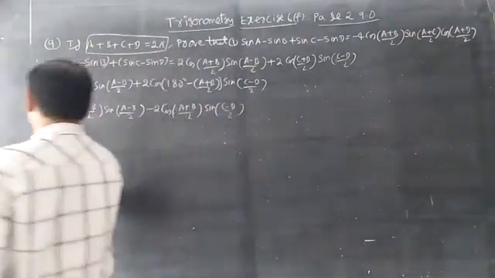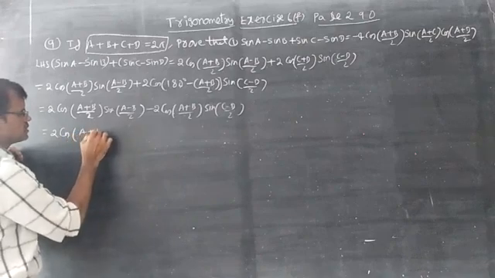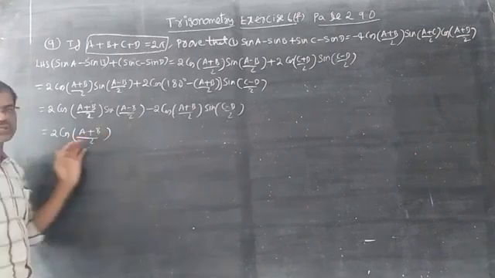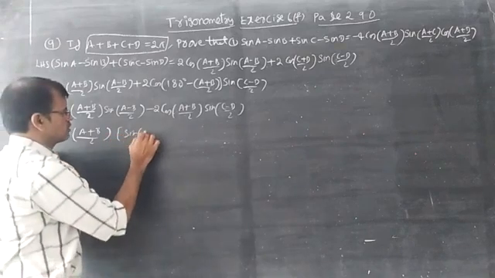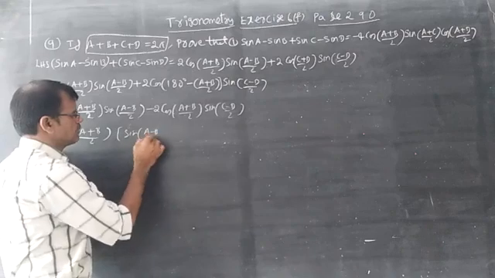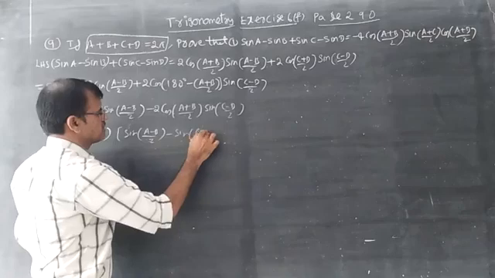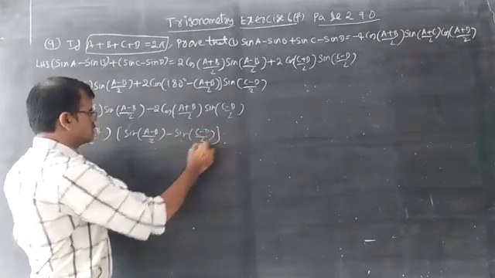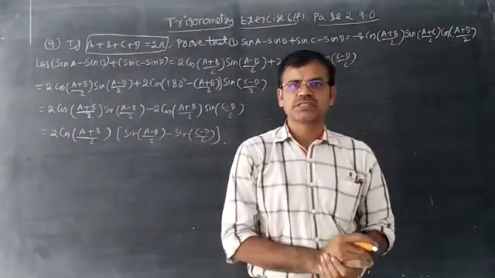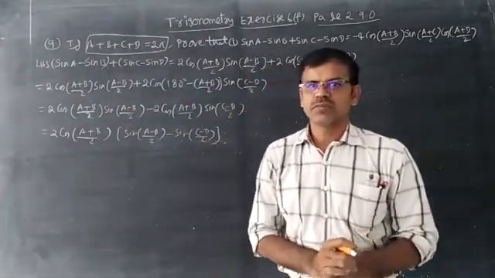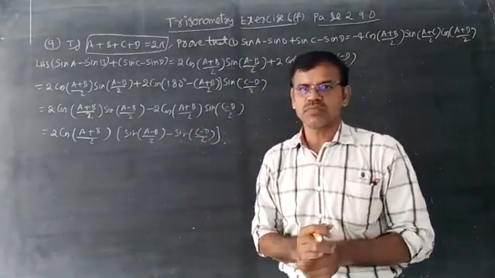So that is equal to, take common here 2 cos of A plus B by 2 in these two terms. Within the brackets you can write sin of A minus B by 2 minus sin of C minus D by 2. This whole sum depends upon sin C minus sin D formula. Sin C minus sin D again you should write in the form of 2 cos C plus D by 2 into sin C minus D by 2.